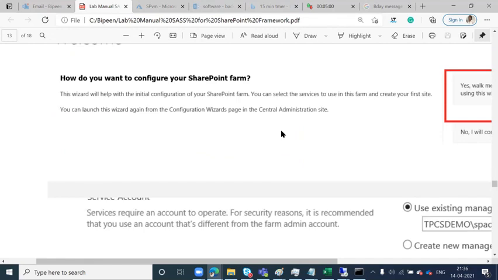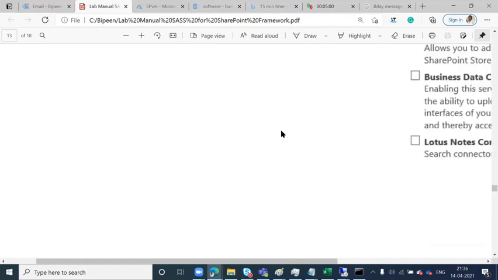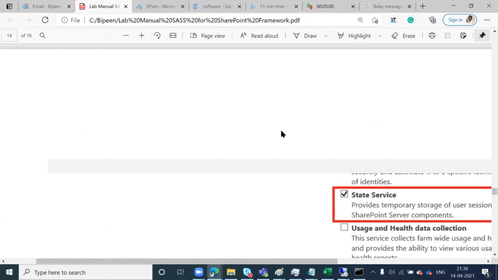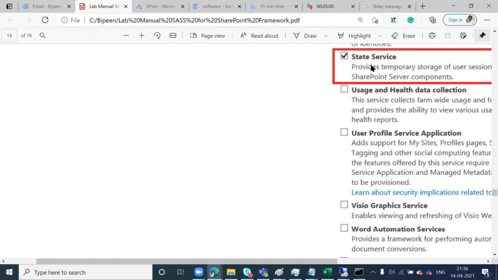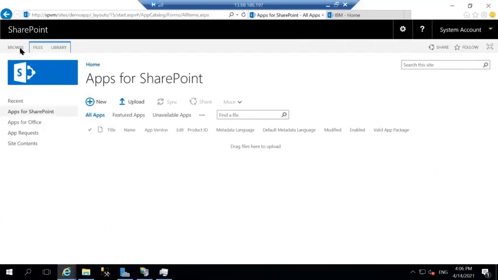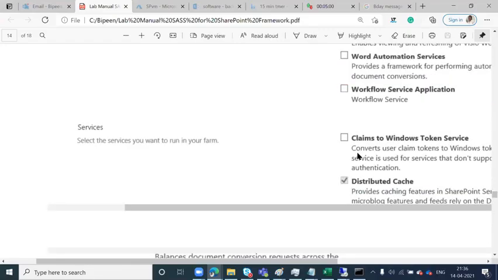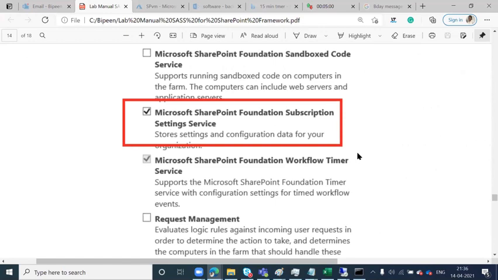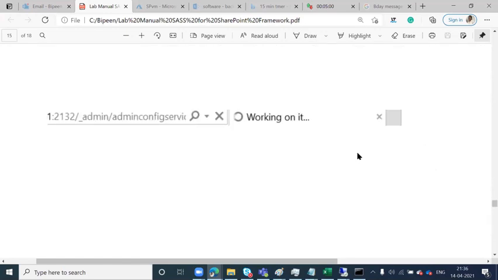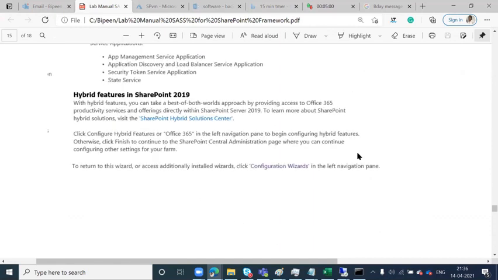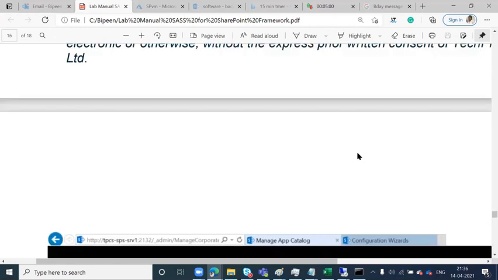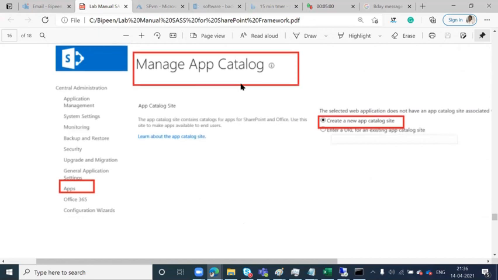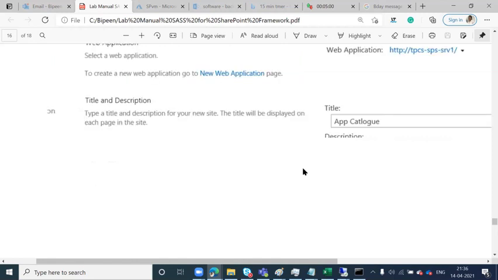So once you've done that, this is the process I have given, how exactly you're going to configure. So this state service, you remember, this application I have already installed in my SharePoint. And then there are certain other services which need to be installed. And once we are done with that, my SharePoint is all done. Then I'm going to create an app catalog, which you just created. Then we create an app catalog. And once the app catalog is created,